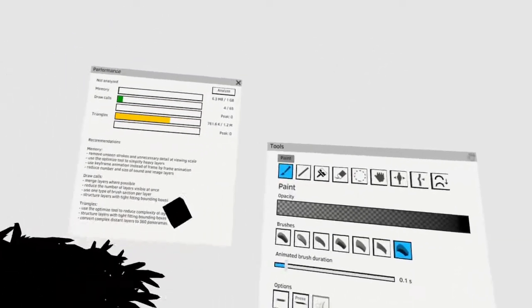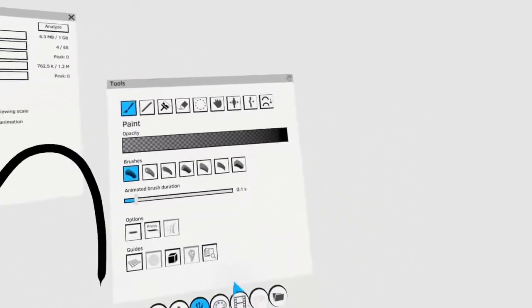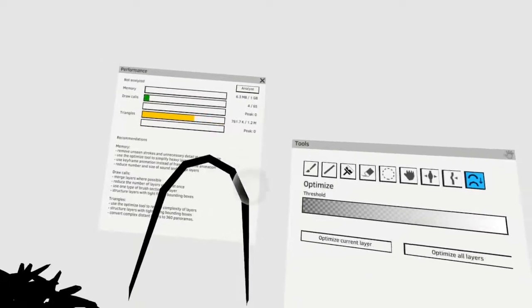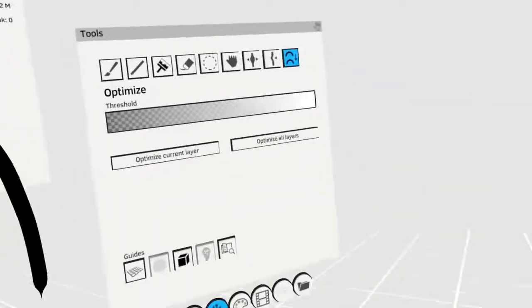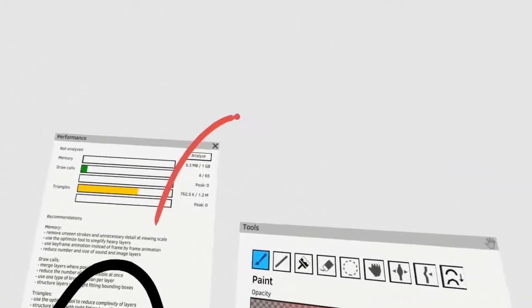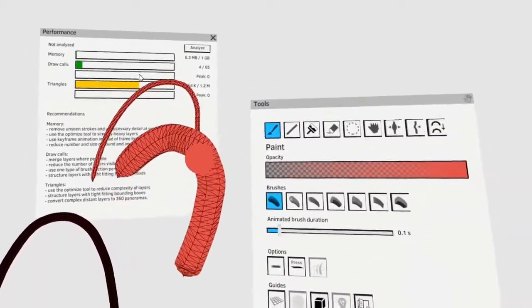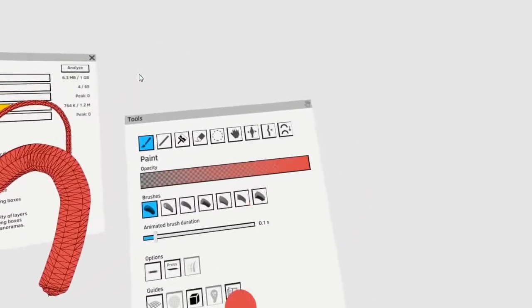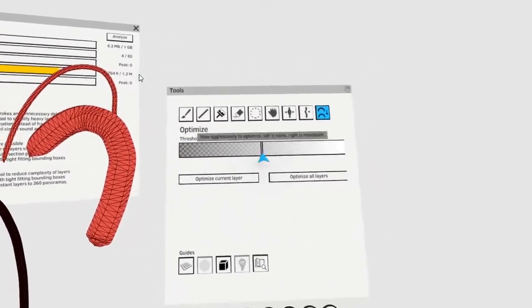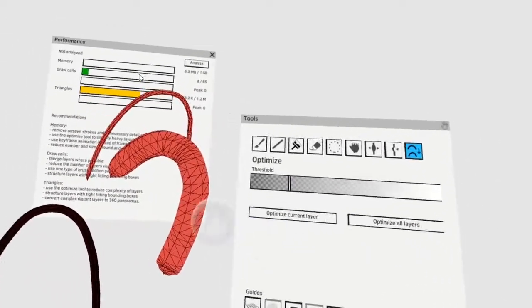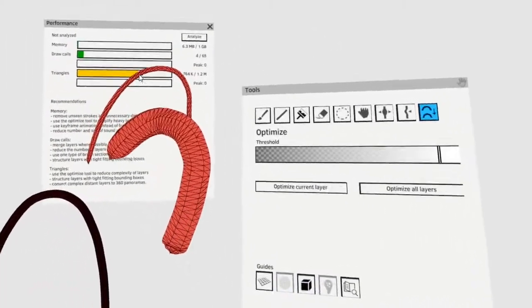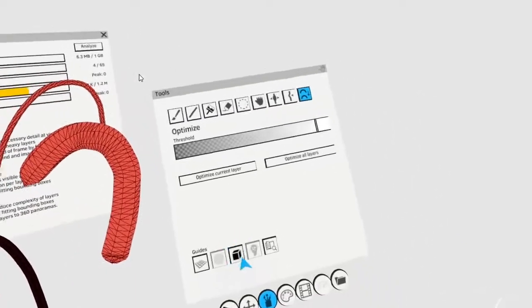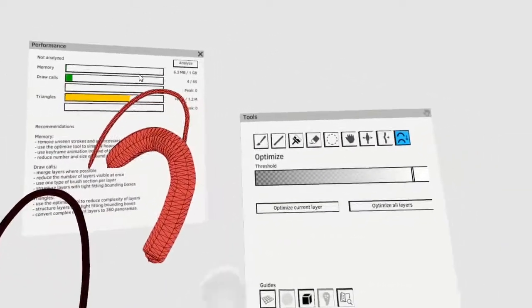What that does is, if you have a curve like this and you optimize it at maximum, you will see that it removes these vertices. There's also a shortcut, Control M. Let me draw it in orange and hit Control M, and then you see the vertices underneath. When I optimize it by, let's say, 50%, you can see how much it removes. There's also a little button here to go through this wireframe mode, so without the shortcut, you can just do it here. This will show you the amount of